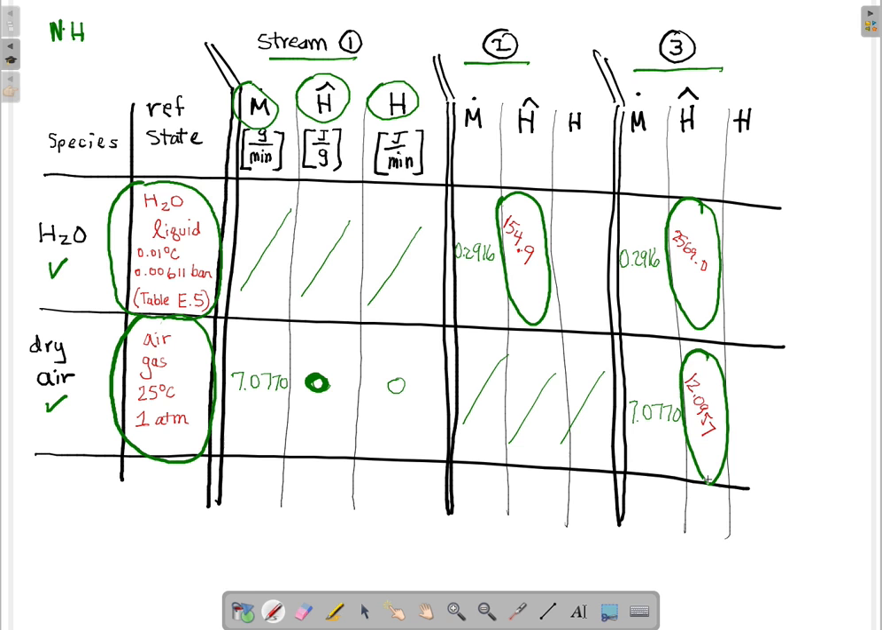Now, we have pretty much everything we need to solve this problem. This table is set up so you multiply the mass flow rate times the specific enthalpy, and that equals the total enthalpy. So 7.077 times 0 is equal to 0. 0.2916 times 154.9